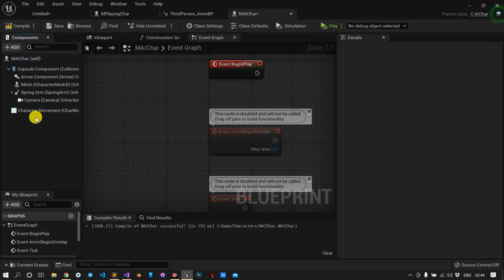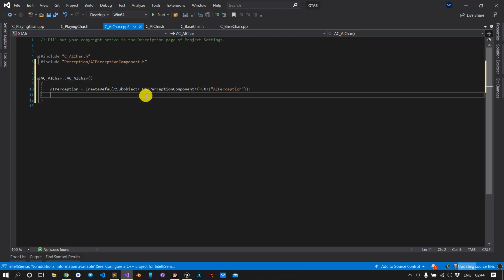Okay, just delete this. Here, what we need is the UAISenseConfig_Sight. I want the pointer, SightSense. Okay. UAI, and for the text part, I will use the same variable.